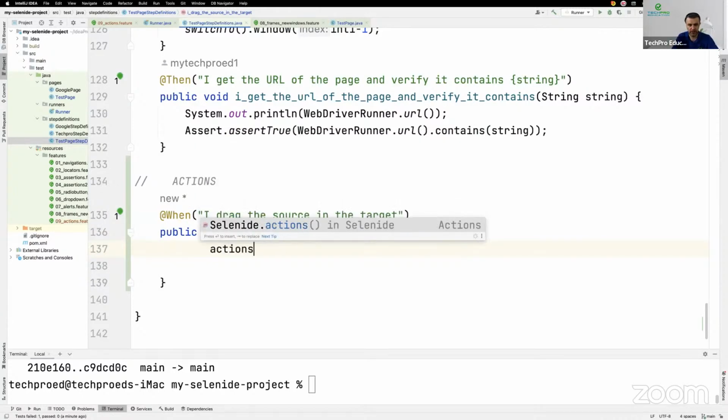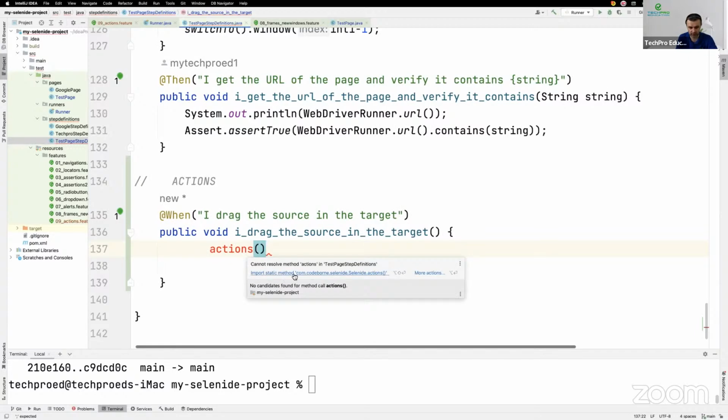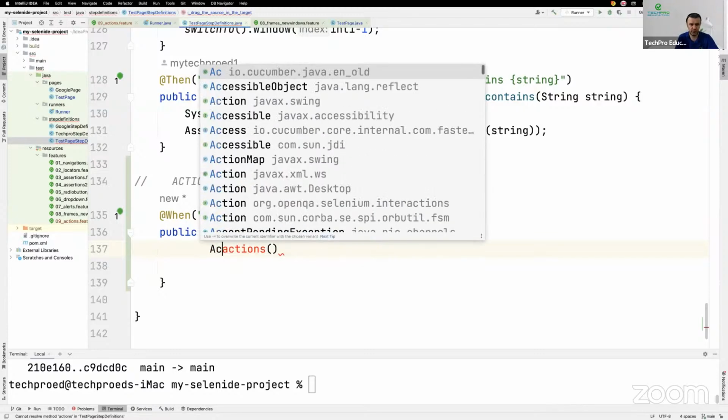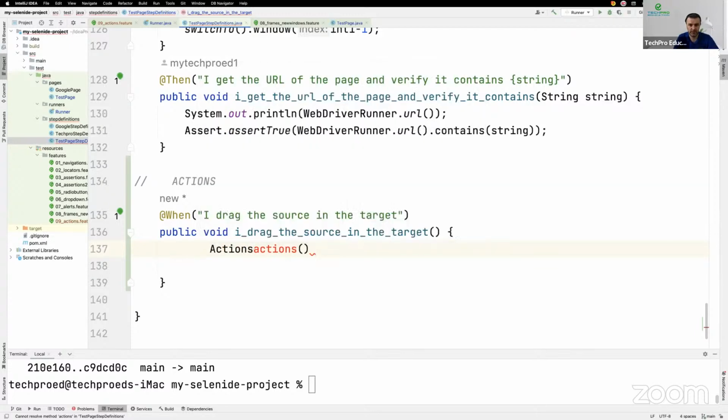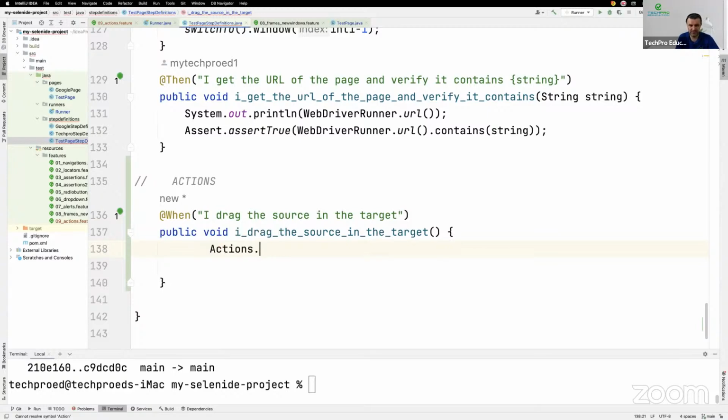So we use the actions function, right? This one function right here, the actions function. When you write the actions function, if you did not import this static Actions class, then in that case you still have to use Actions dot. You still have to use Actions dot, yes, you have to import that, but here I will just simply use it,